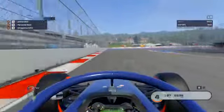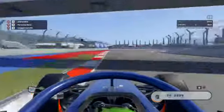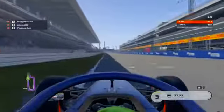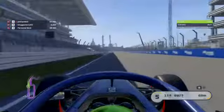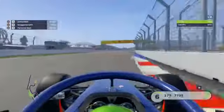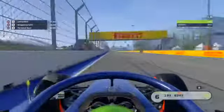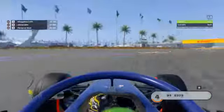Yes, okay, we're quite a way off the best, but I'm not the best driver at this game. I would say I'm average, okay, at this game. So take this from the average perspective. Don't take this as the best lap you'll ever see on F1 2019, because no,